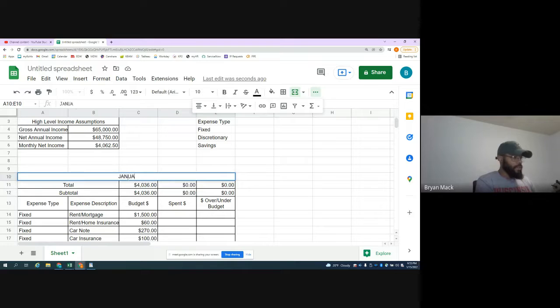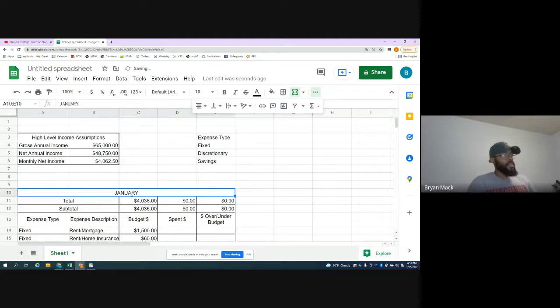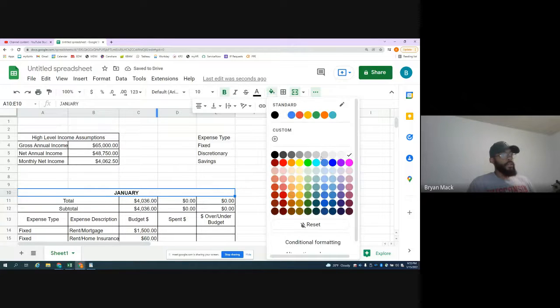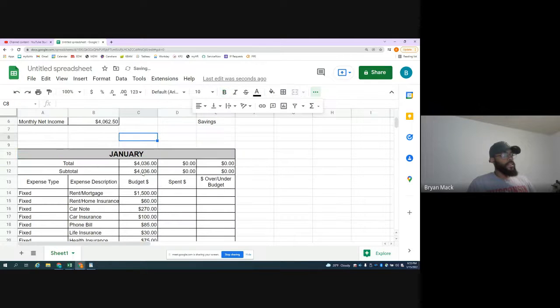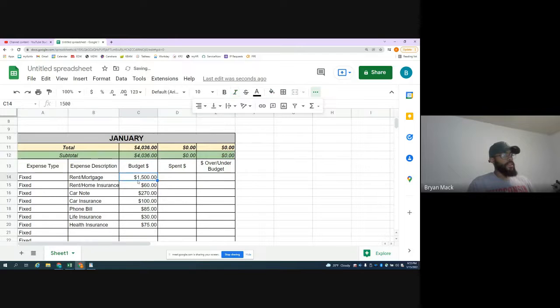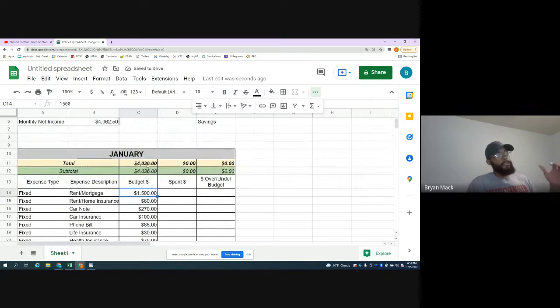So we got January. We're going to add some borders. We're going to make it bold. We're going to add some color in here. Make this a little bit bigger so it's clear to see. We're going to italicize this right here. Make that bold. Add some color so we know what that is. Add some color here as well. Italicize that. All right. So our monthly budget in January and what's also going to be replicated for the rest of the year is